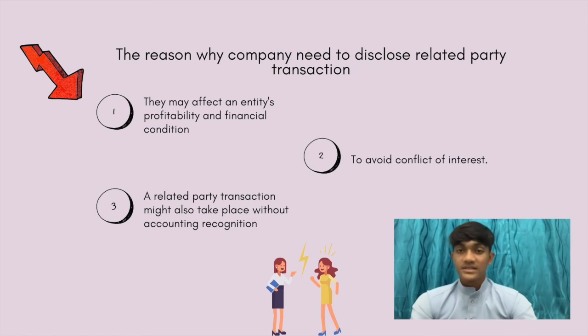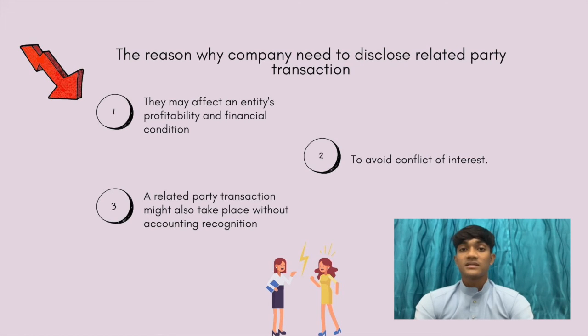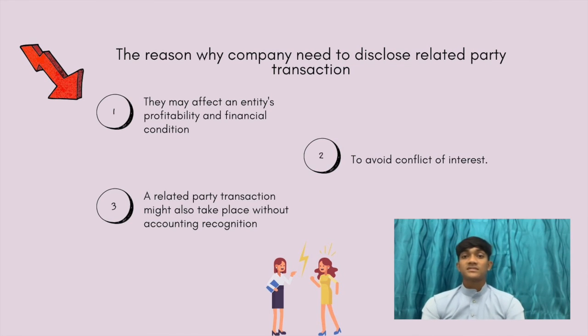For instance, in the infamous Enron scandal, the company used related party transactions with special purpose entities to help conceal billions of dollars in debt from failed business ventures and investments. Second is to avoid conflict of interest. This is because some transactions that favor the hiring company's close associates have the potential to cause conflict of interest. This could possibly have an unfavorable influence on how the other person acts.